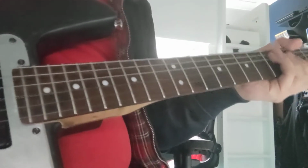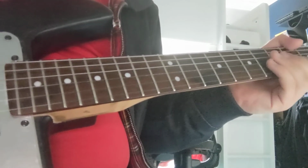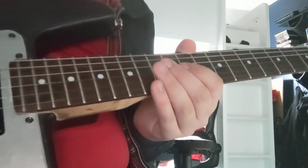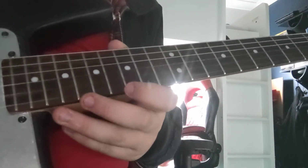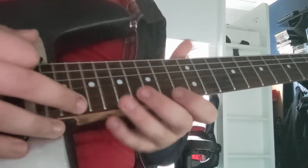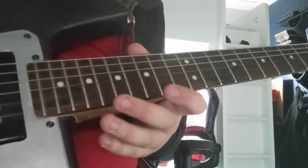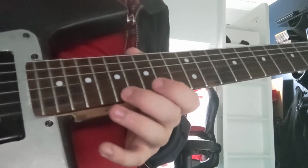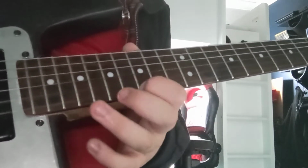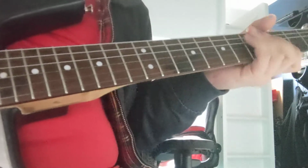From here he comes down to this octave, and he's sort of doing this thing where he's playing the B and the E open, back and forth like that. And he's hitting all of these 4 frets that have fret markers on, 15, 17, 19, 21, I believe anyway. So he's going... And then he goes back to the...